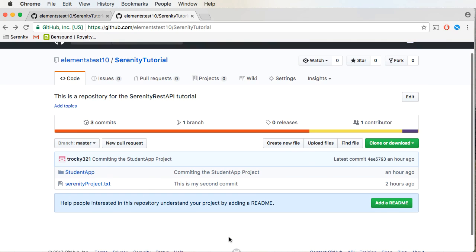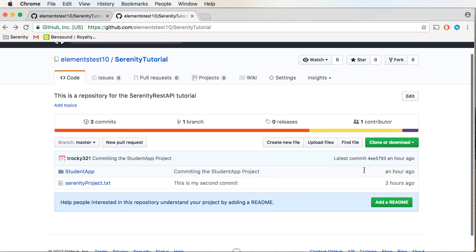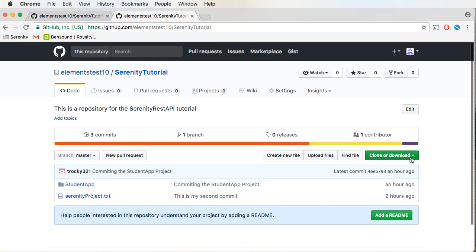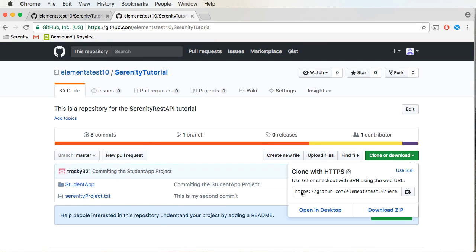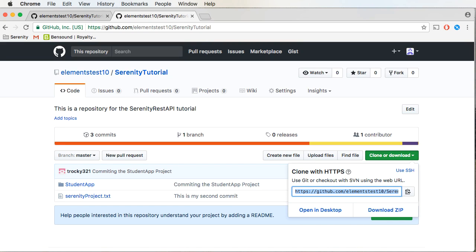However, there can be cases where you are new to the project and you might have to get the project onto your local, or clone the remote repository onto your local. So how do we do that? In order to do that, go to the project, and you'll always have a URL for cloning. So just copy this URL